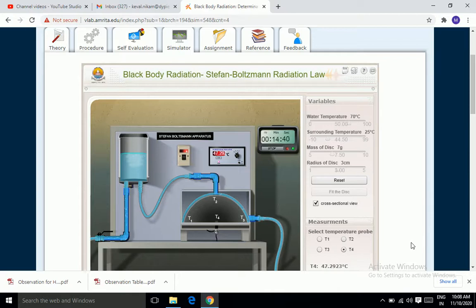The temperature of the disk is going to rise as it receives radiation from this hemispherical dome, while the temperatures T1, T2, T3 remain the same, set at 70 degrees centigrade in this case. Right now T4 has been increasing, and it has reached 59.5660 degrees centigrade.